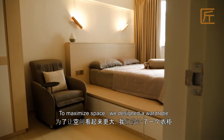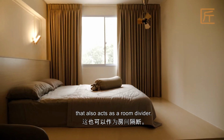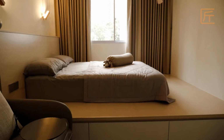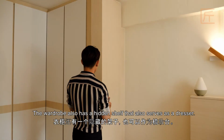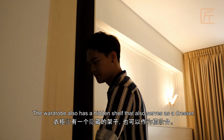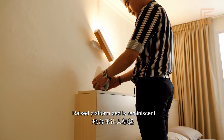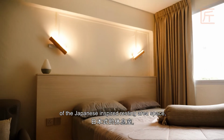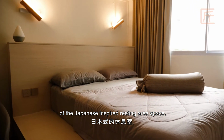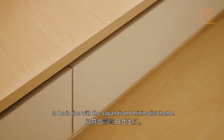To maximize space, we designed a wardrobe that also acts as a room divider. The wardrobe also has a hidden shelf that also serves as a dresser. Raised platform bed is reminiscent of the Japanese-inspired resting area space to be in line with the Japandi and minimalist